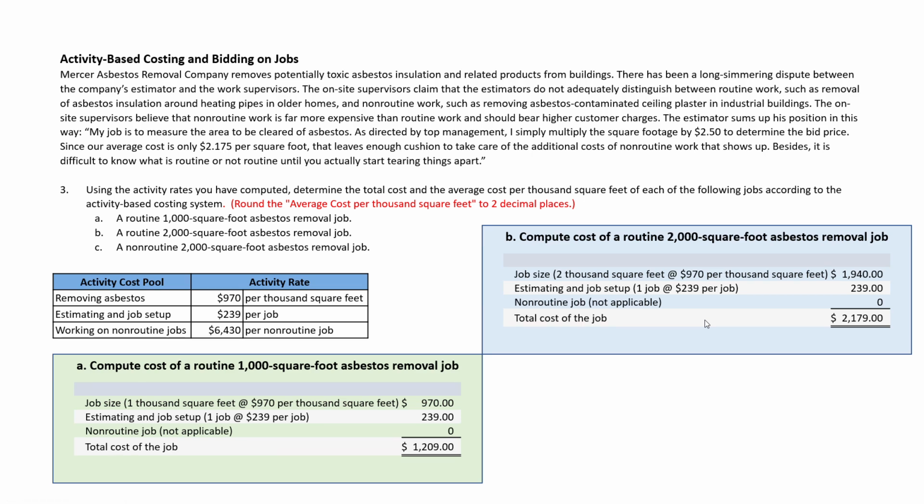It's a routine job, so we're not adding non-routine job to it, so that would be 0. I had too many nons and nots in there. Total cost of the job is $2,179. Because this is 2,000 square foot, we'll take that 2,179 divided by 2, and the average cost per 1,000 square foot is